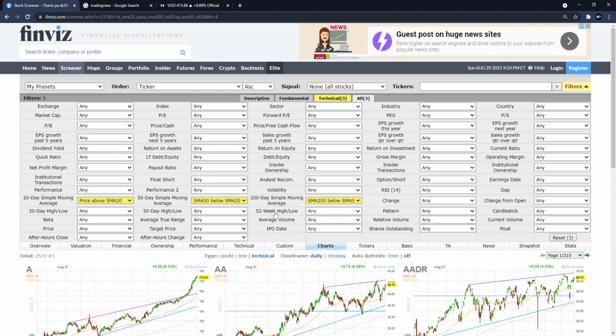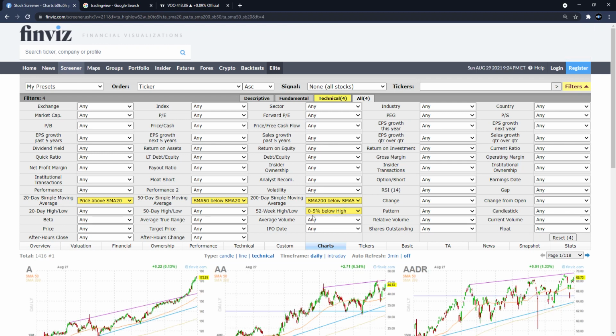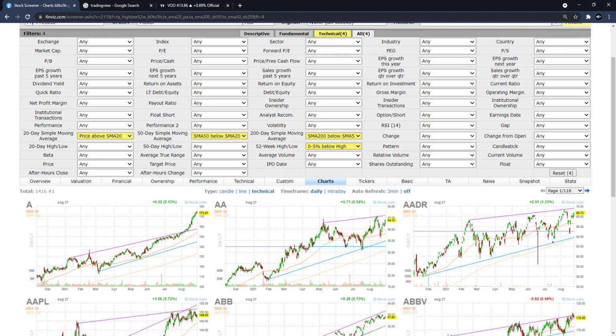What does that mean? That basically means the maximum and the minimum of the previous 52 weeks' highs and lows. And what we want to fill out right here is 0 to 5% below the high. Let me find it. Right here, zero to 5% below the 1-year high. As you can see right now, we have only 416 stocks right here,